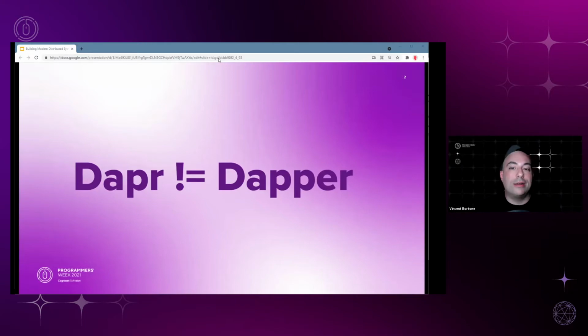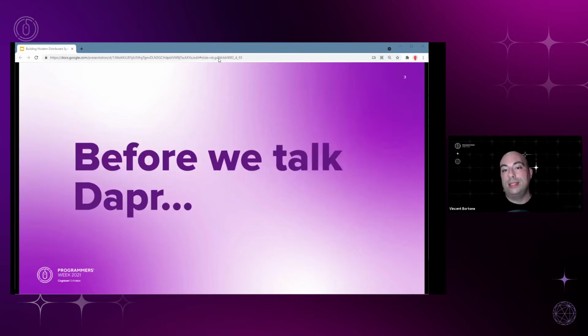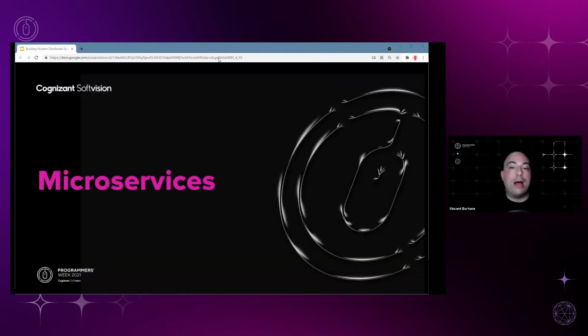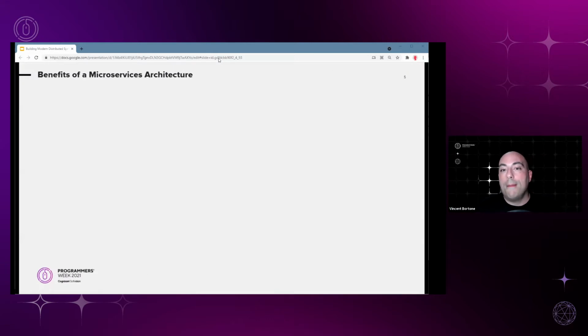Today, we're going to talk about Dapr, which is a distributed application platform to help assist in developing microservices. But before we talk about Dapr, let's talk a little bit about microservices. I'm sure most of you are familiar with the basic concepts, but I wanted to go over some of the benefits and some of the challenges of building microservices. Hopefully that will lead into why and what Dapr is and why Dapr can be so useful